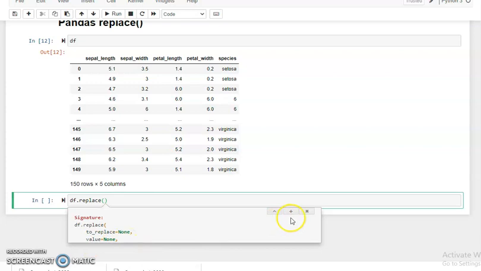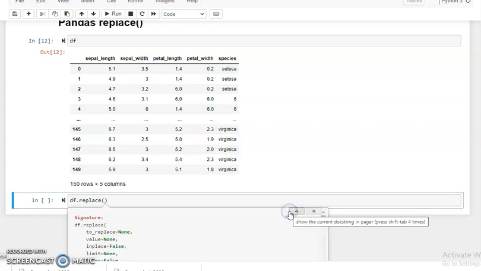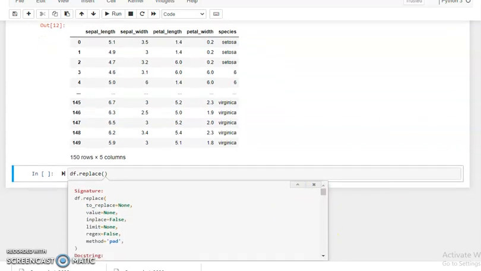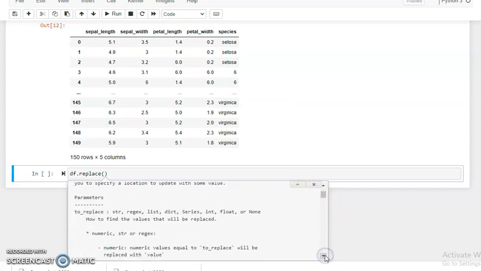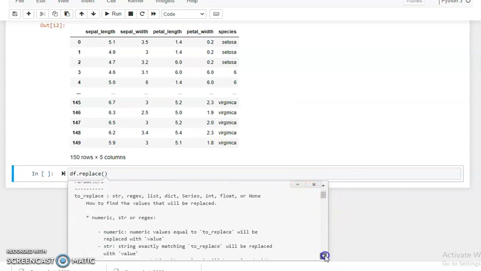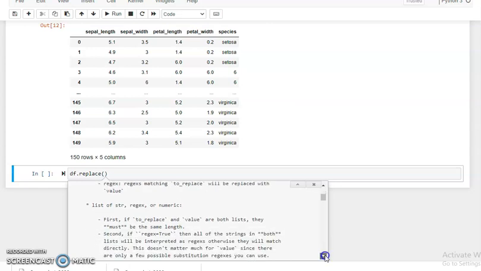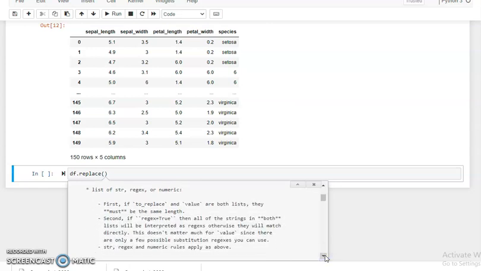Second is value, and then inplace, limit None, regex, which means regular expression, and method equal to pad. If you want to know the description of these, you can scroll down and see all the parameters and their descriptions.